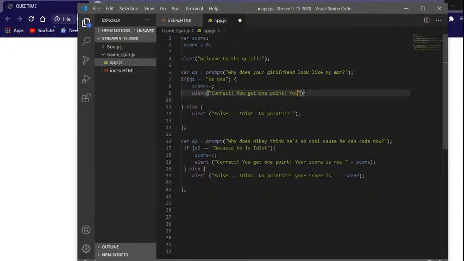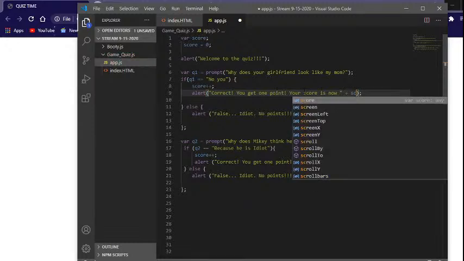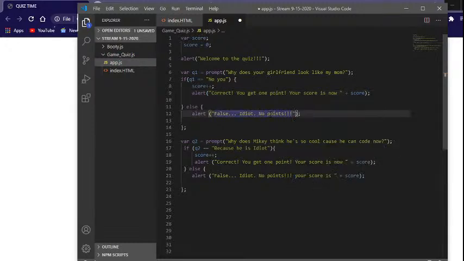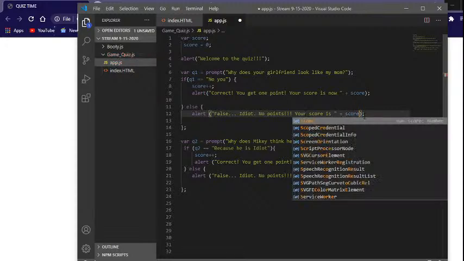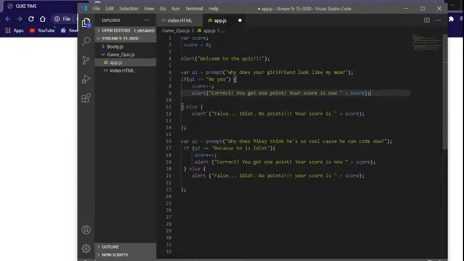Your score is now, and then do that, and then score, and then do your score is, and then the score variable,